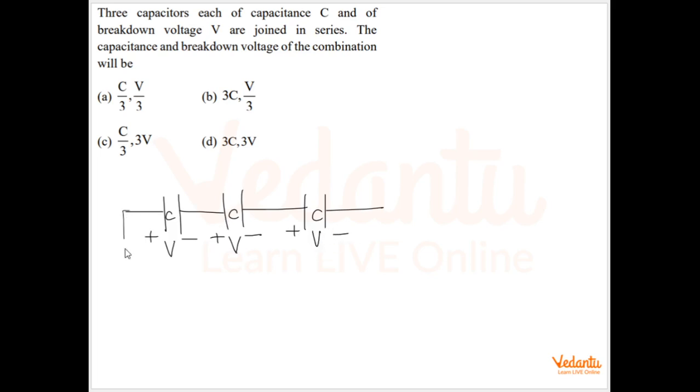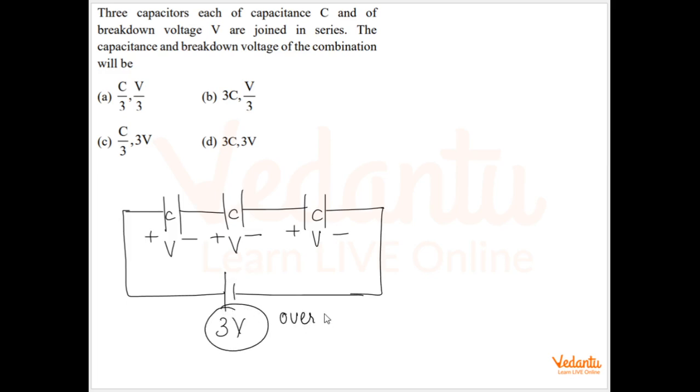In order to break all of them down beta, I will have to give them an overall voltage of 3V. The sum of V will be 3V. So overall breakdown voltage for the series combination will be 3V, and the overall equivalent capacitance will be given by the formula